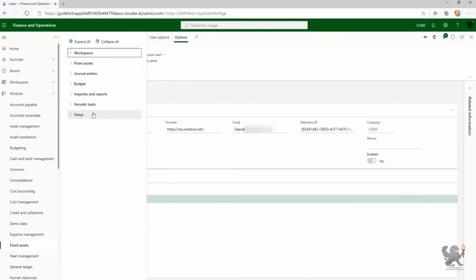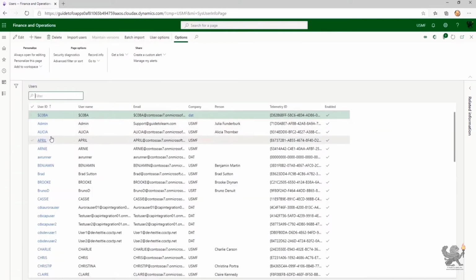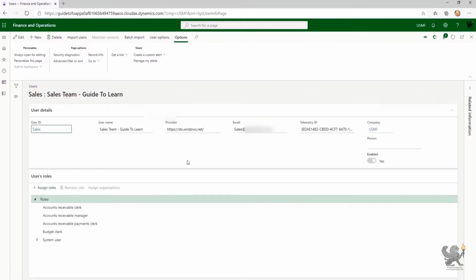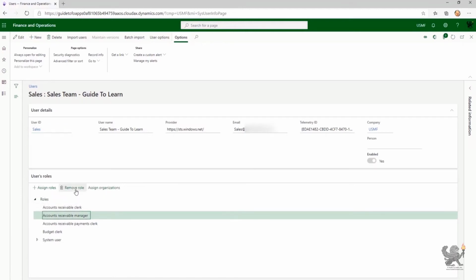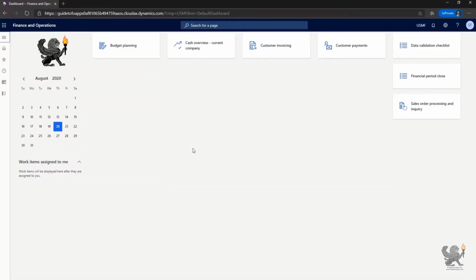menu. I click on the System Administration module. Within the module, I click on the users. And within here, I search for the sales user that I've already imported from the Azure Active Directory. I click on the hyperlink, and let's go ahead and select some of these rows that I've already added. I have the capability to remove some of the rows. By doing so, I switch back to the instance that I've already logged on as